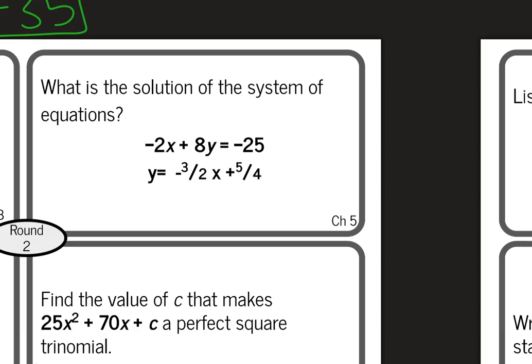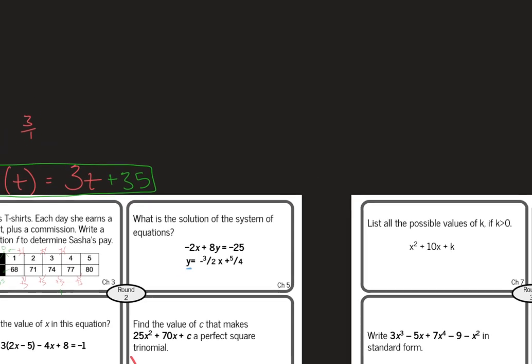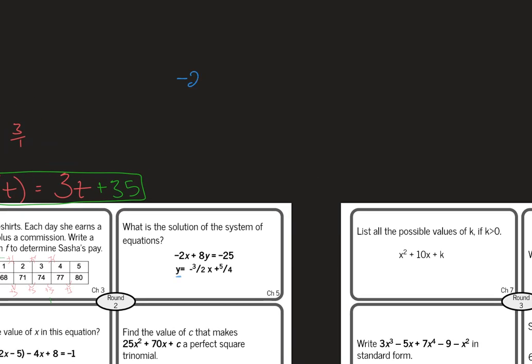They're not in a great spot to do elimination, but since this is already solved for y, I'm going to do substitution. Again, it's not the prettiest substitution in the world, because here's what it's going to look like. This red thing is what's going to go there. Negative 3 over 2x plus 5/4. Not real pretty, right? But not that crazy. We're going to distribute this 8, and we get negative 2x